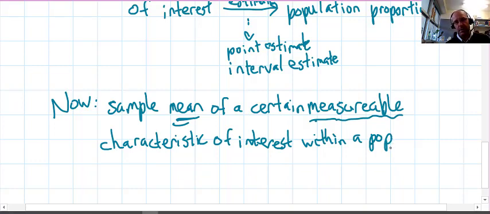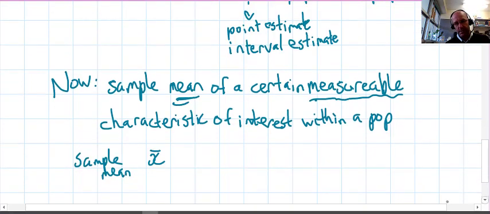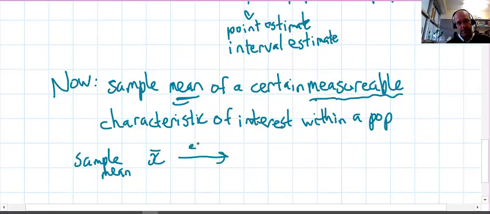It's a certain quality which is measurable within a population. That's what we're looking for, the sample mean, the average, which is usually continuous data. It's the same thing: we use the statistic x bar, the sample mean, as an estimate of the population mean for that characteristic,